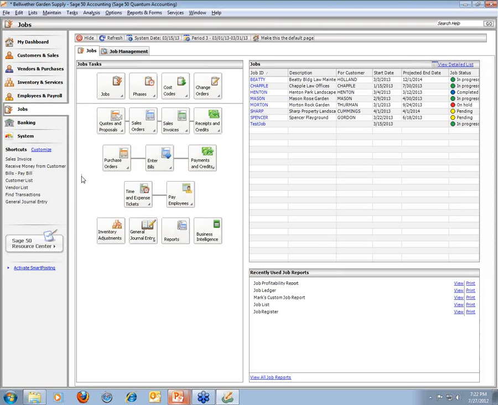And this is specifically for people that are doing a good amount of job costing and want to be able to access all of the job costing related functions on one page. This is exactly what this dedicated Jobs tab does for you. You can see that you have a variety of different functions that are related to job costing, all shown on